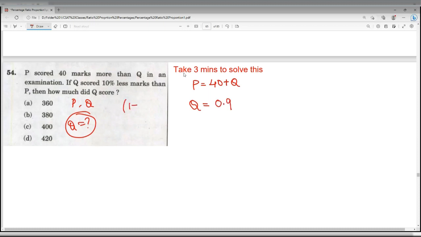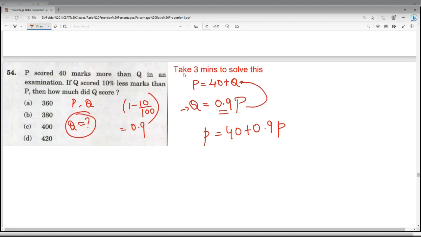This is 1 minus 10% less, which is equal to 0.9. So Q is 0.9P. We have these two equations, and from this equation we'll substitute the value of Q. So P is equal to 40 plus